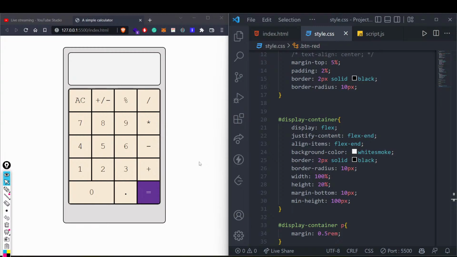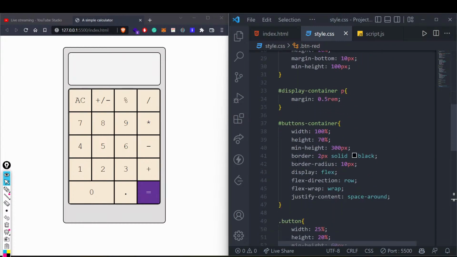Okay, there is one other doubt, like what is flex wrap, right? So flex wrap is what? Suppose the content is flowing out, right? Maybe if we have less space, or if the buttons are coming out of this area, what will happen is this will push these buttons into the next line. This is how it is done using the flex wrap property, right?